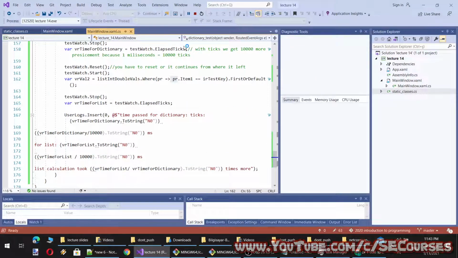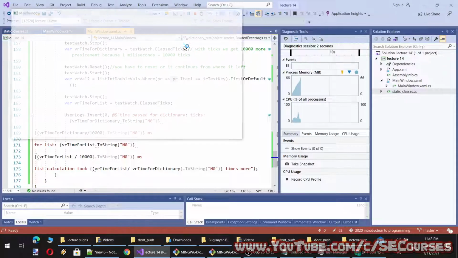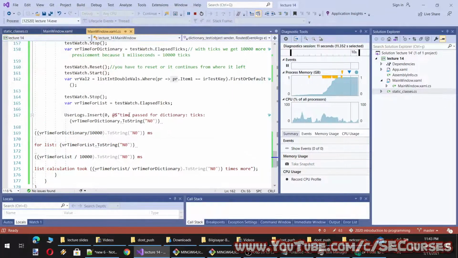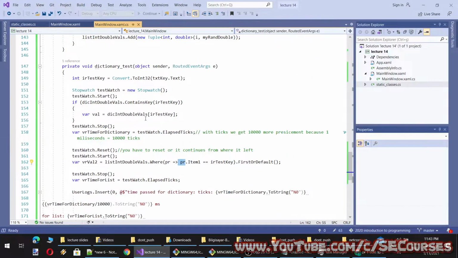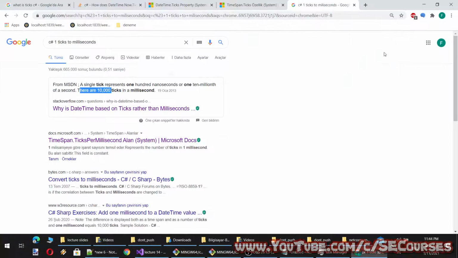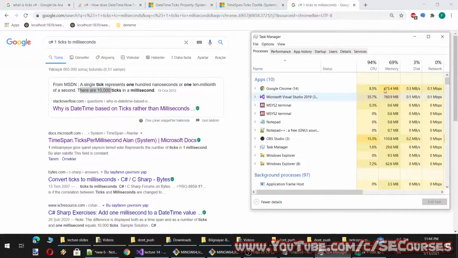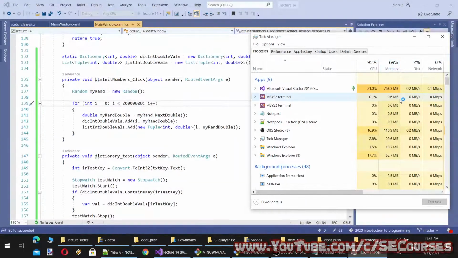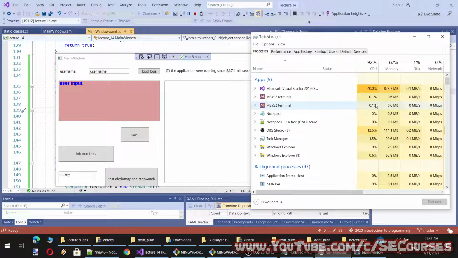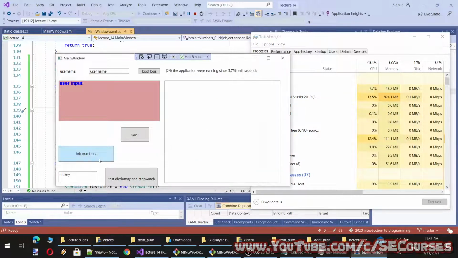Okay, now it's working. All right, now you see the importance of list and dictionary. If the list size were bigger, such as I think I can hold double times of numbers with my memory being enough. So as the size of your collection increases, the difference will increase also.